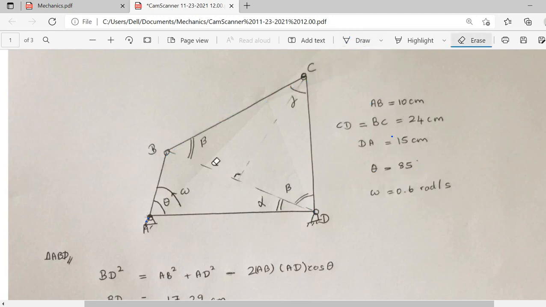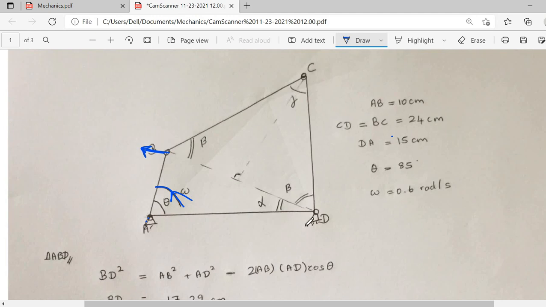So I'm not going to draw that. So here, as you can see, first I need to draw the value of this AB. So I'm going to draw the velocity diagram. For that, I'm going to find the value of the velocity of this B point. It would be in this direction, as I have given this input as omega in the anti-clockwise direction. We can directly write this velocity of this B.